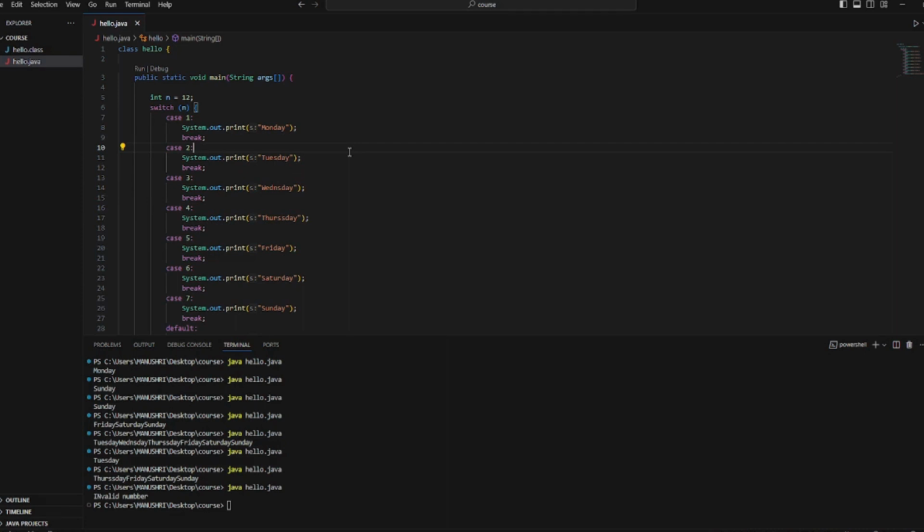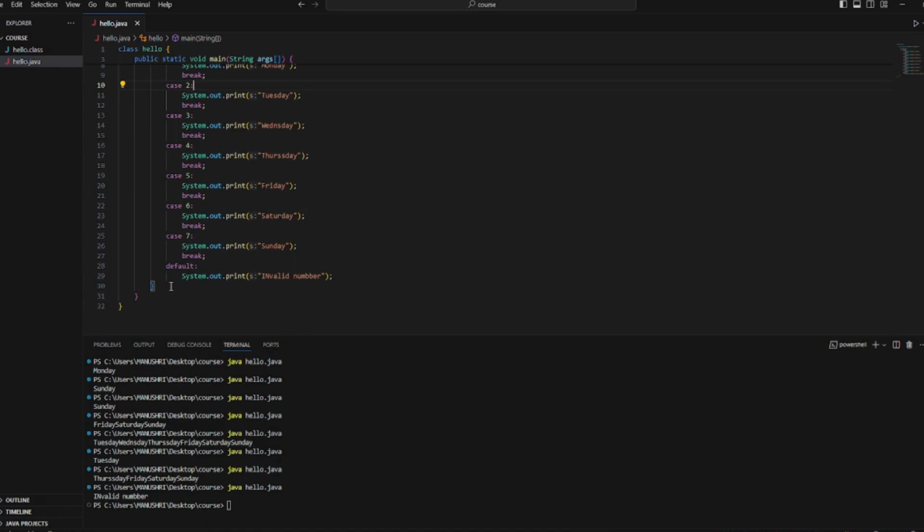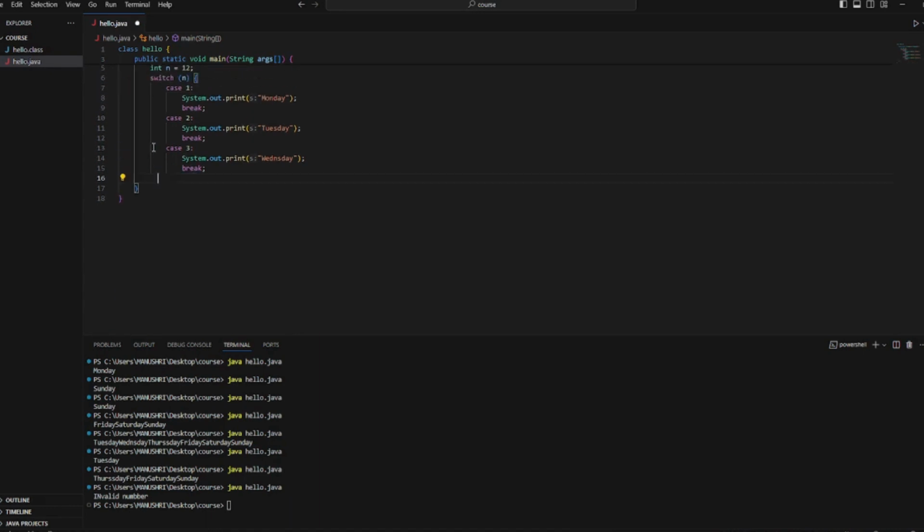And one more thing which I would like to tell you is, before Java 5, in switch case only integers were allowed, but after Java 5 we can use even strings in the switch cases. Let me show another example. I'm taking this entire